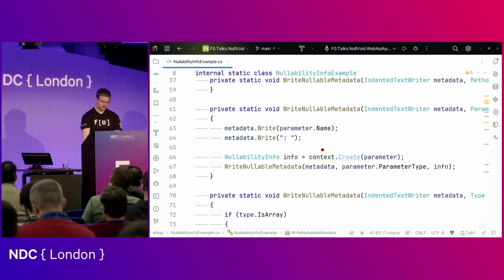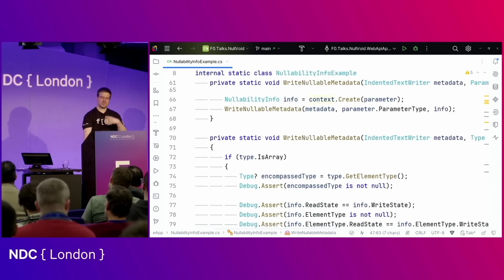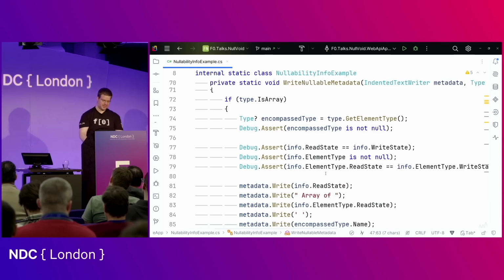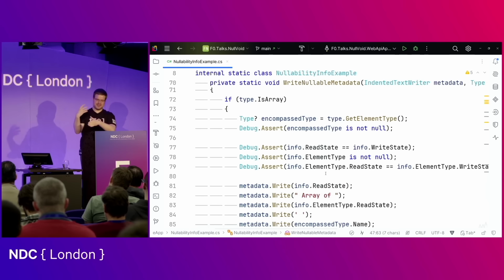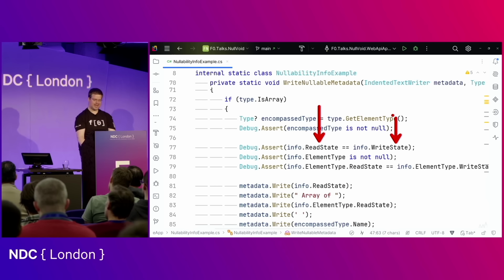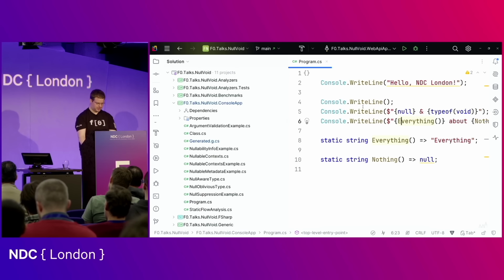For example, we could create the so-called nullability info of this parameter info type. So that's a parameter to a method that comes in, and then query its nullable state. And we saw with these attributes, we could disjoint the nullability when it comes to the get and the set. And this shows in the read and the write state. So they could have different forms of nullability. And with this information, we could have an application